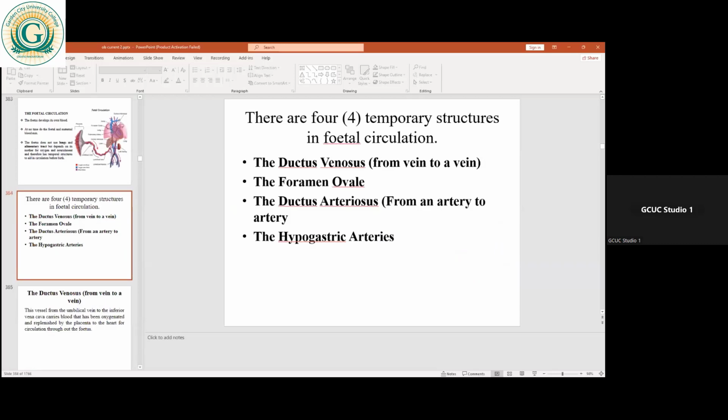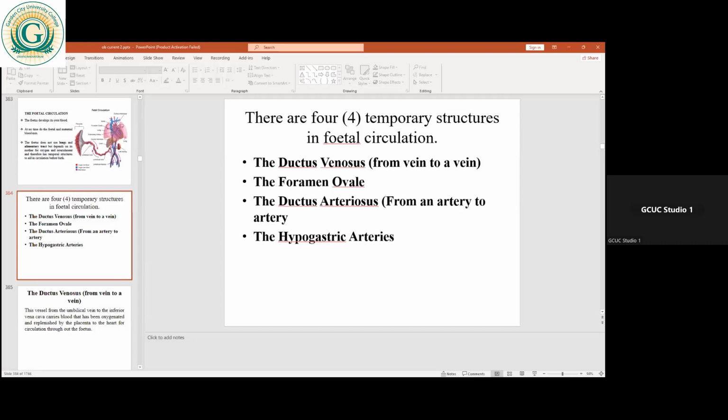Ductus venosus is found just after the vein leaving the placenta into the baby, and it carries oxygenated blood. When the blood gets to the heart, between the two atria, there's a hole there where the blood passes from right to left before it gets to the main circulatory system. And after oxygen has been removed and the blood comes back into the heart,